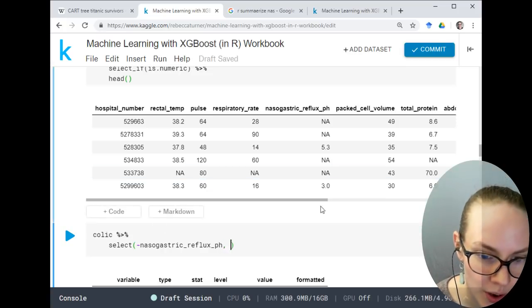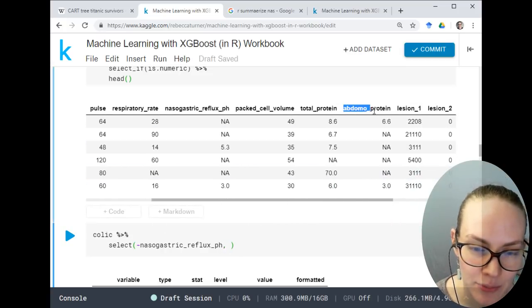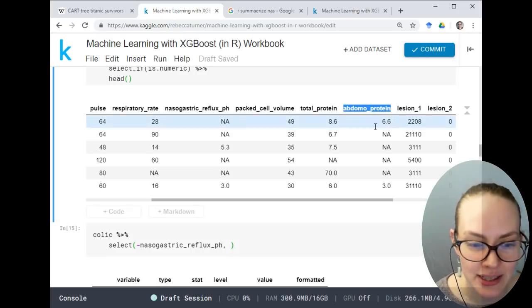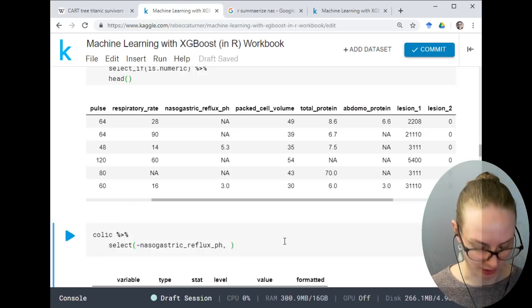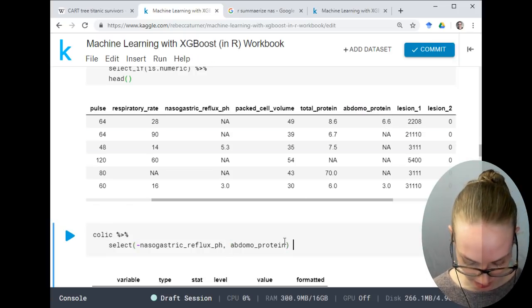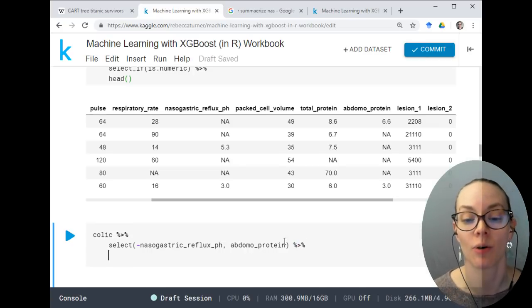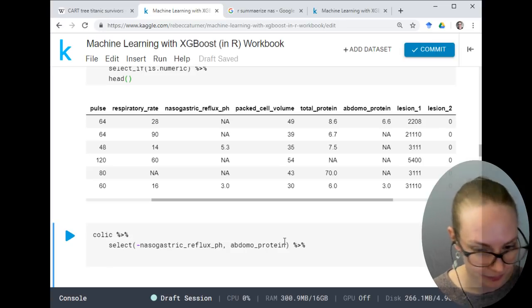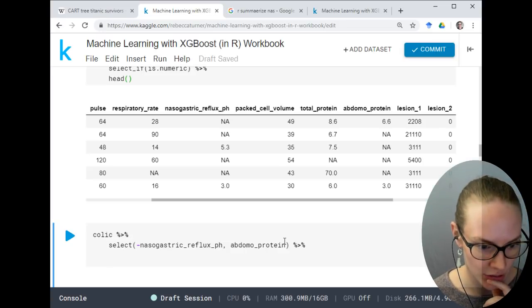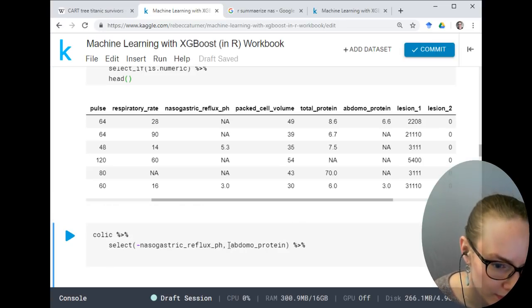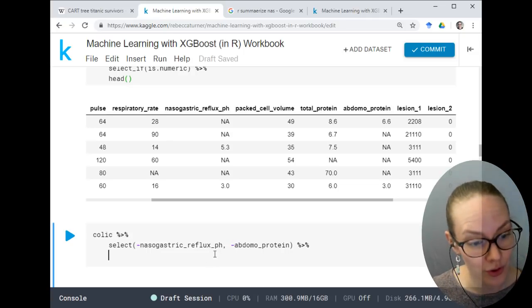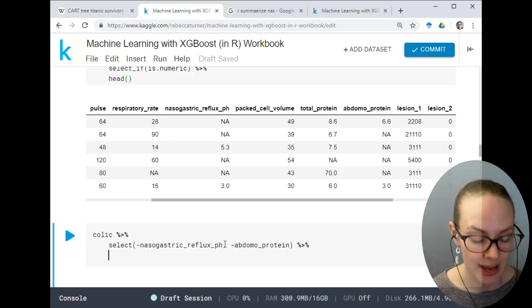And then we also want to remove abdomoprotein. I'm guessing these are the results of tests, and if the test isn't required, then you're not going to get a result for it. And then I have removed those 2 columns, and then what I'm going to do is filter